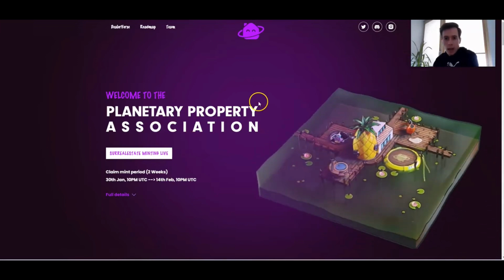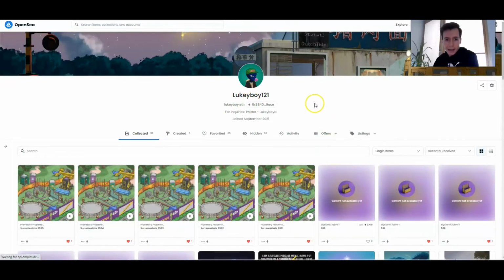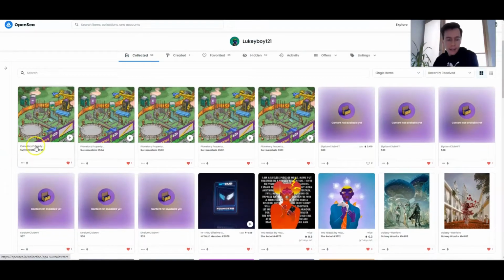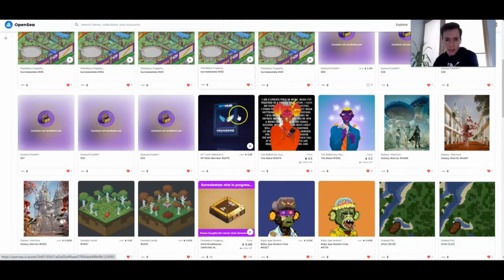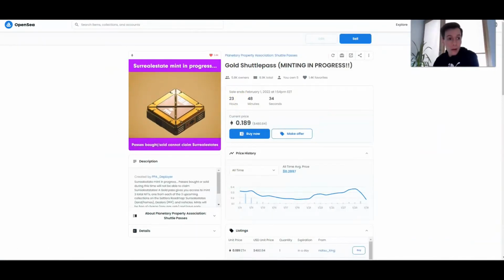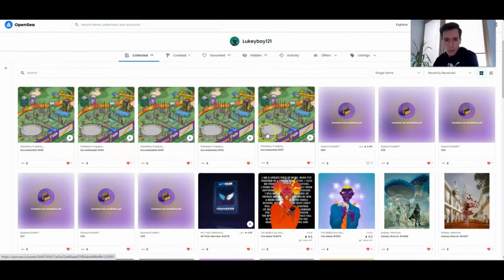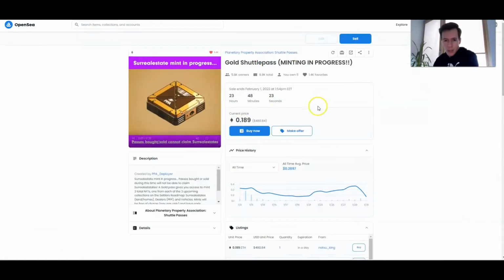That's the closest thing. And if you jump into my profile, I minted 5. You can see that, just refresh the page so it's clean. I got them by holding this, and it says Surreal Estate Mint in Progress, meaning these have been minted from this. So I owned 5 of these gold passes. I still own 5, because if you go to it, it says 5 copies owned. And these have a price of 0.189, but as of sometime yesterday they had a price of